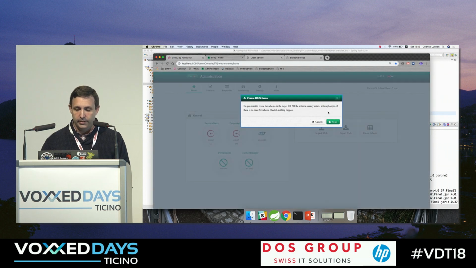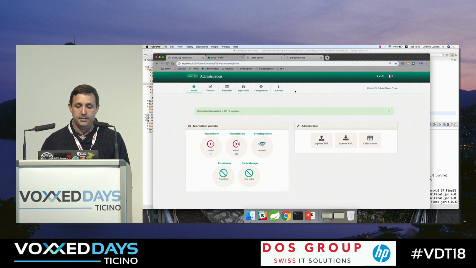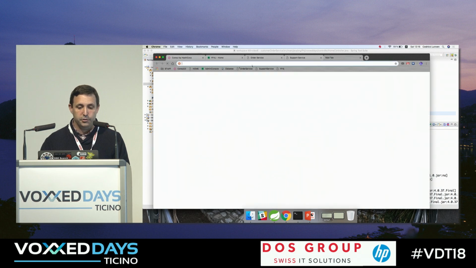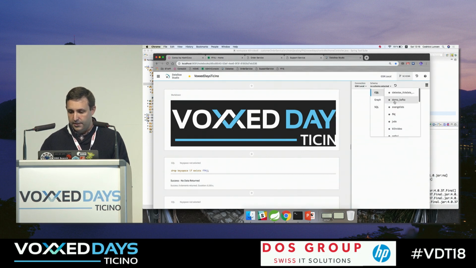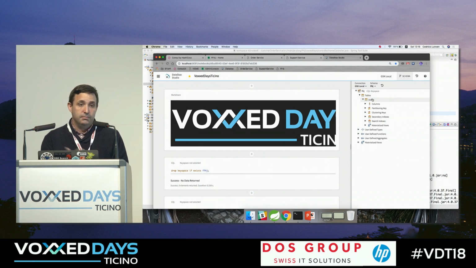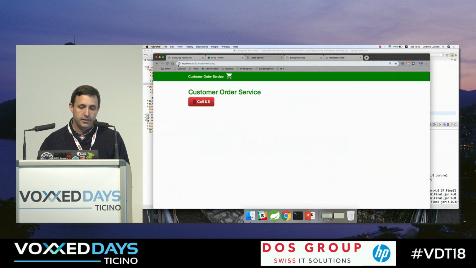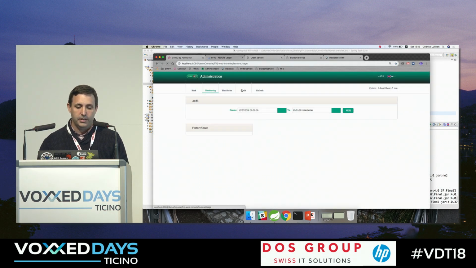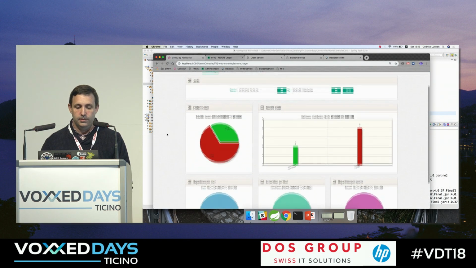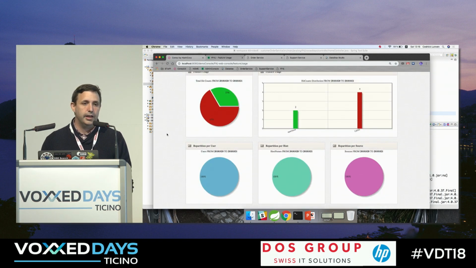I can go here and ask my little UI to create the tables. And if I go here and see my schema now, you see that my audit table has been created by the UI. So if I start to use my services, then go back to my monitoring, and boom, now I have the hit count of each feature, like that.